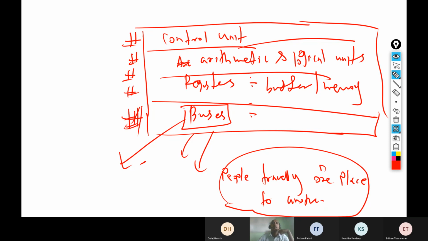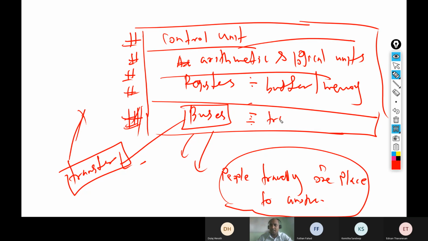Use your voice. Go ahead. Transferring information. Yes, transfer. Very good. Transferring information from place to place. The buses are actually transferring people, right? Same concept here, right? Buses can transfer data